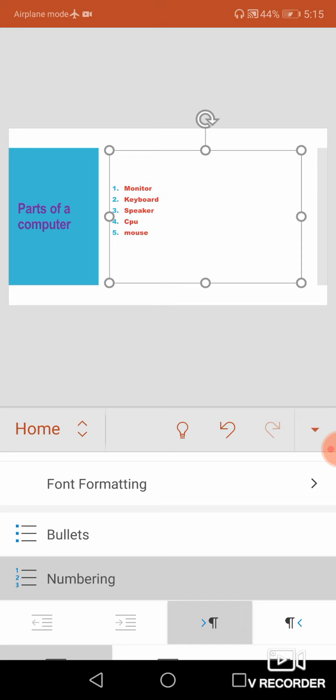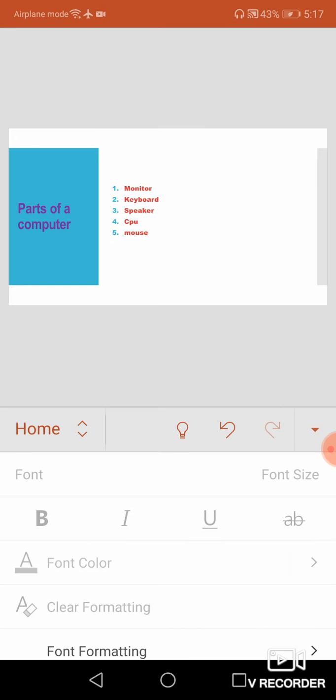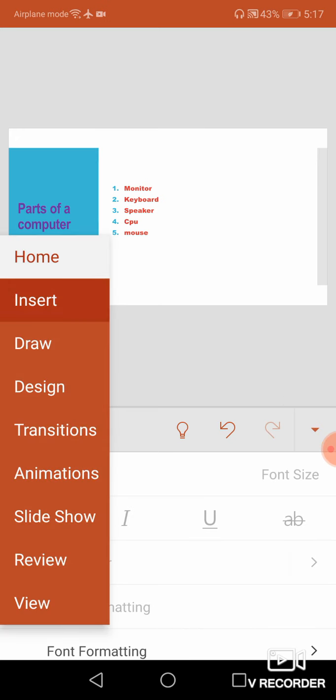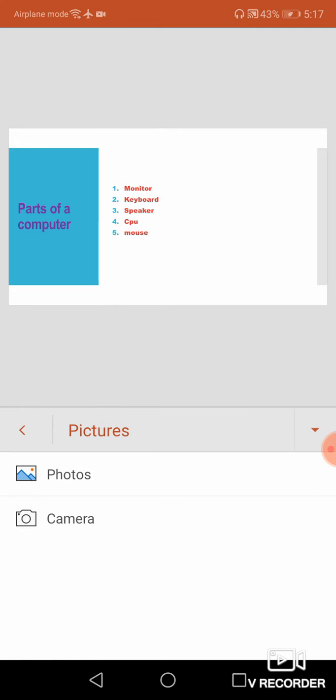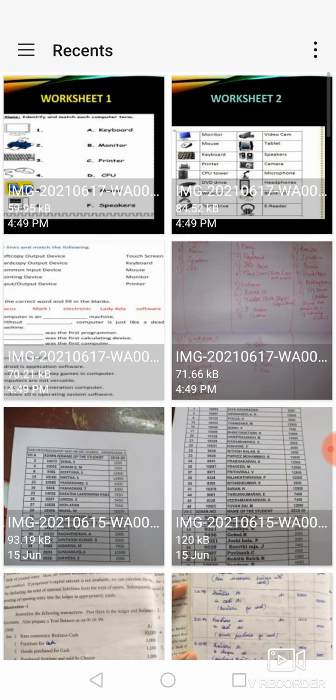And then, how to insert an image into a slide. To insert an image you have to click the insert option, and then click pictures, and then choose whether you are going to insert a picture from photos, your gallery, or take one now. I am going to choose photos, and then select the picture.